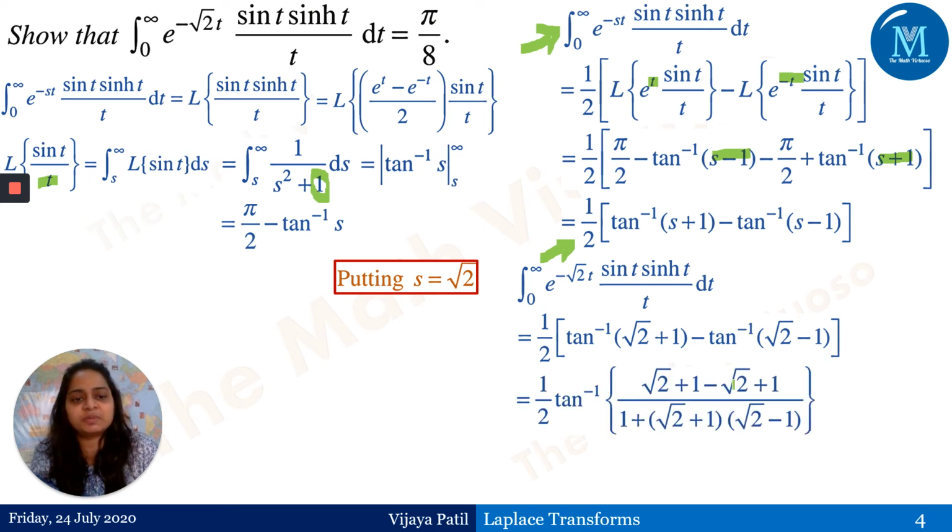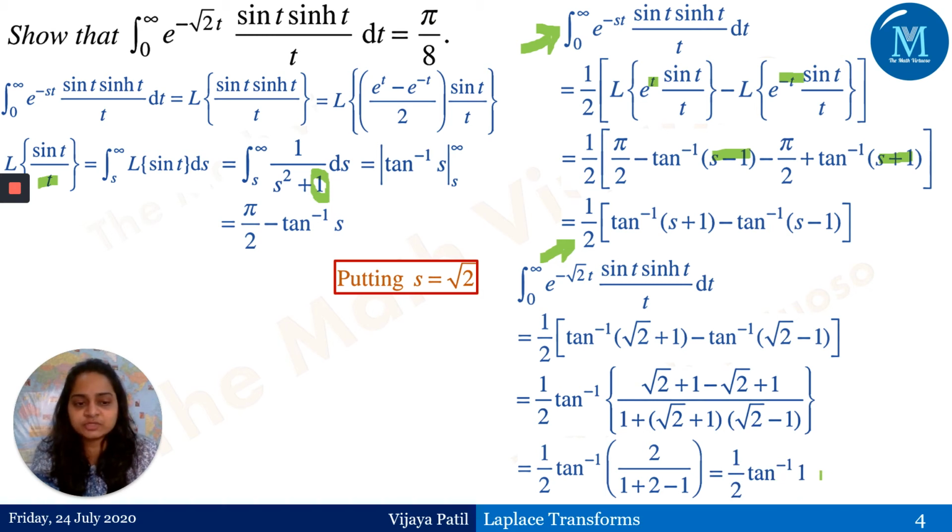And then just by simplification, cross multiplication, the property is tan inverse of a minus tan inverse of b. This is tan inverse of a minus b upon 1 plus a into b, right? So this is the formula here, and therefore it's a half tan inverse of 2 upon this, which is equal to 1. So tan inverse of 1 is giving me pi by 4. Along with this half, I will get my answer as pi by 8, which is a very, very important question. Note it down.